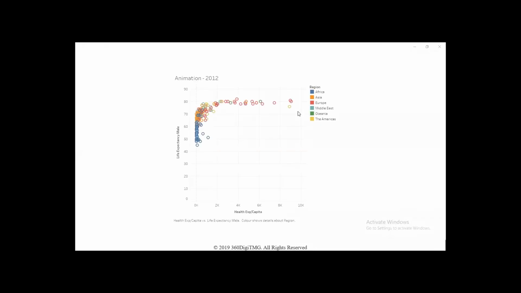My system is a little slow. So you can see how we got the image of that particular visualization.